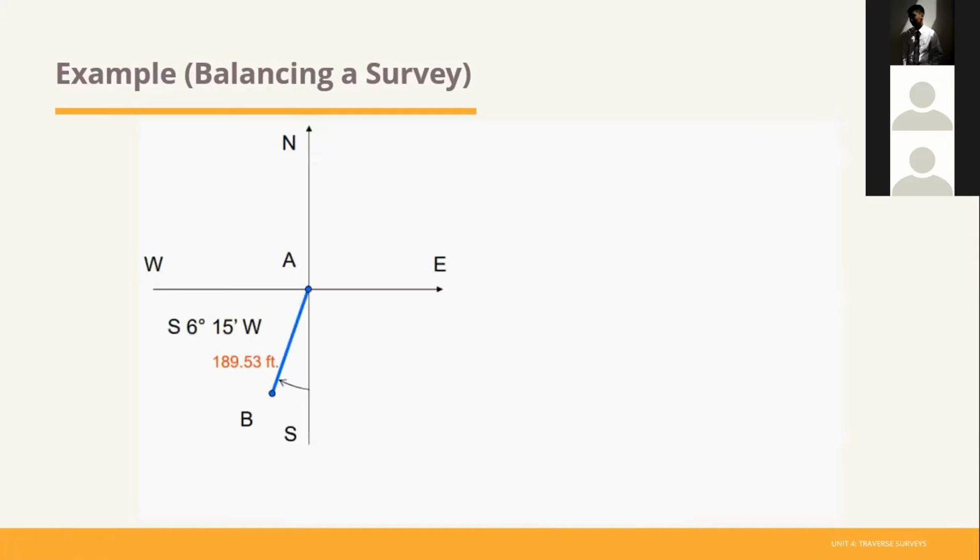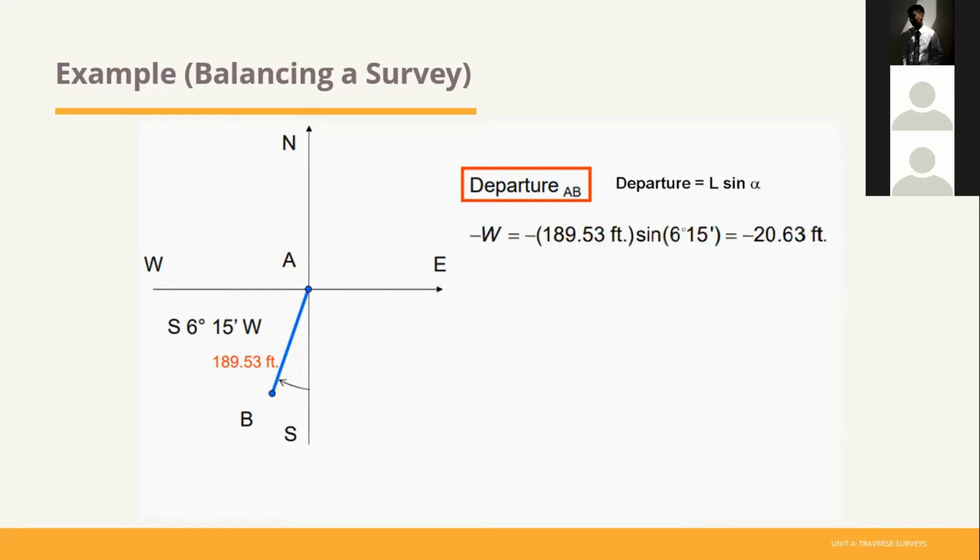And now let's proceed with the departure AB. So given the formula again, we will get negative 20.623 feet. And we have